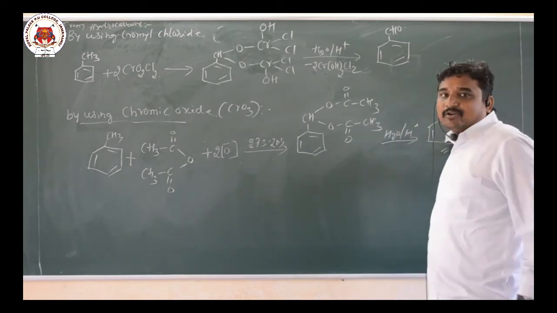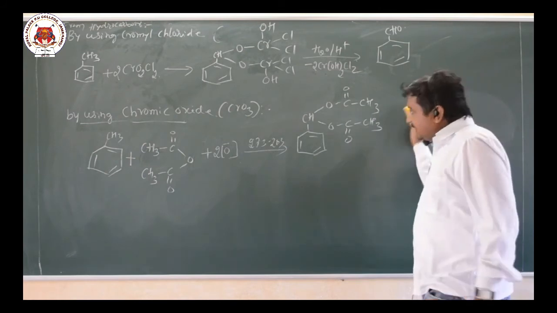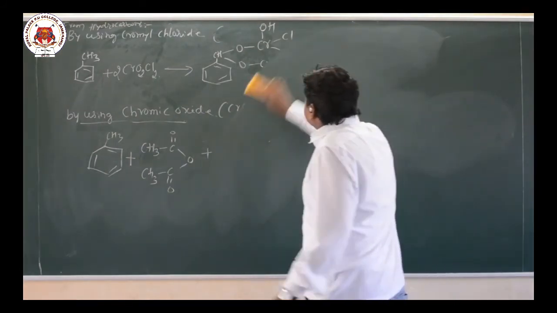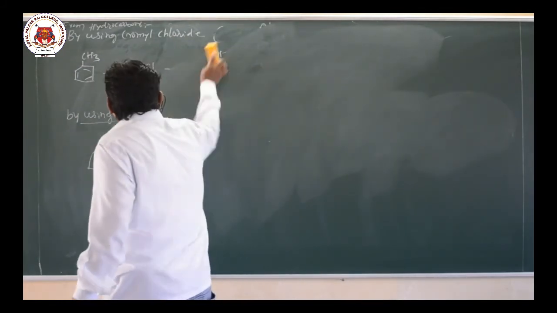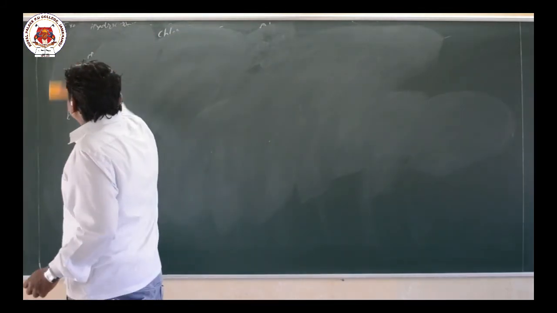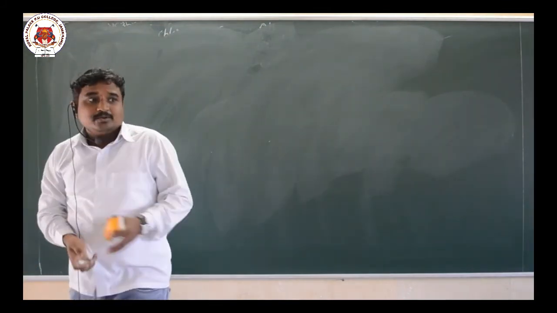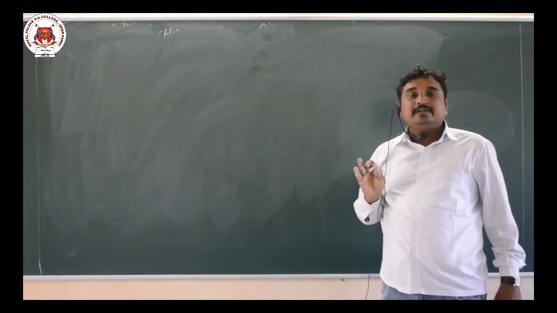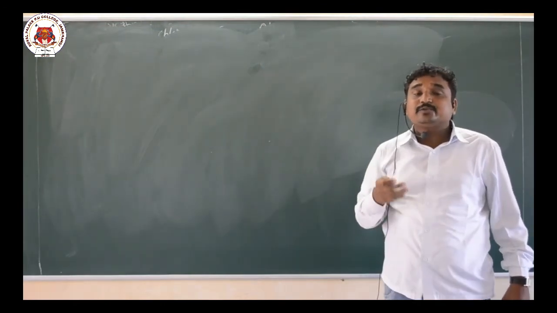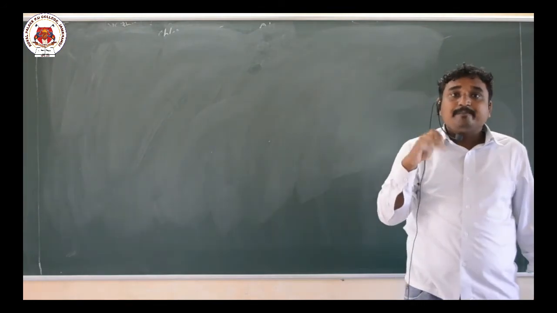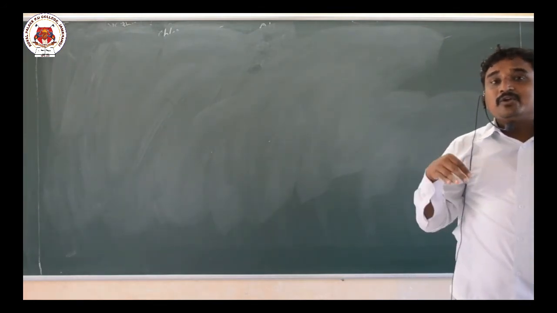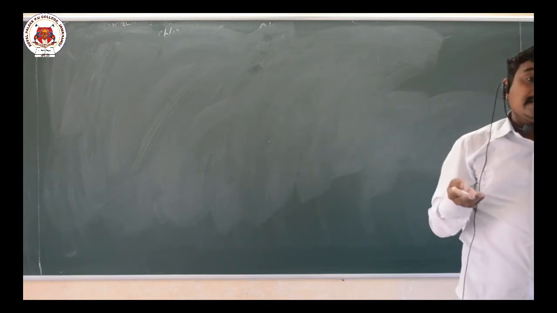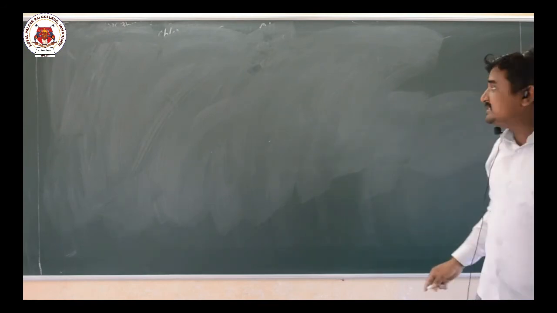Followed by the hydrolysis, we will get what here? Benzaldehyde. So now, side chain chlorination. I will write here the reaction for side chain chlorination. The side chain of this toluene undergoes what? Chlorination, that gives benzyl chloride. So benzyl chloride undergoes acid hydrolysis around temperature 373 Kelvin, that gives what? Benzaldehyde.